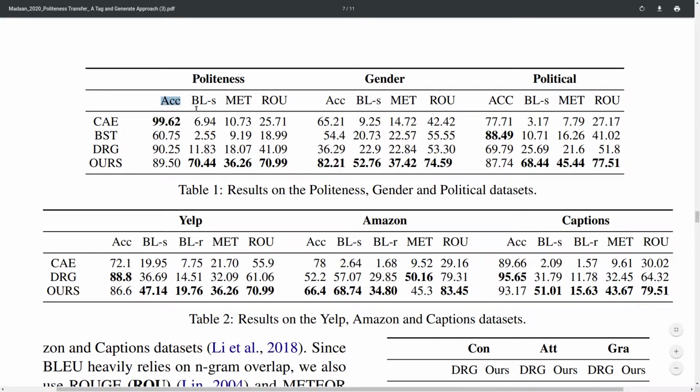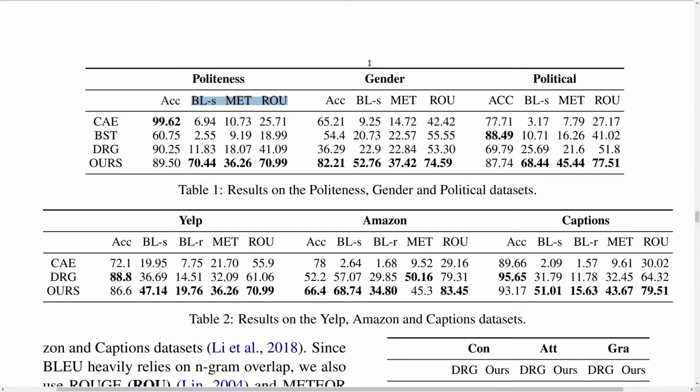So higher is better here. You also have, for all of those, higher is better actually. You also have some BLEU metrics and METEOR and ROUGE, which are all for meaning preservation. So you want to have a good trade-off between leaning towards the target style of polite sentences while still preserving the original meaning of the input sentence, which is impolite or neutral. And what they find is that